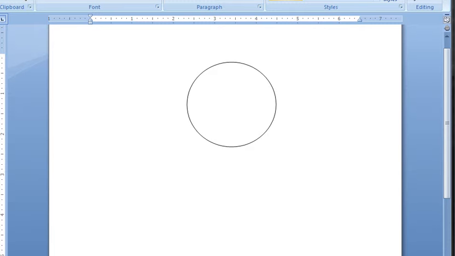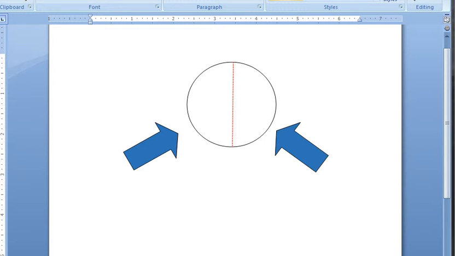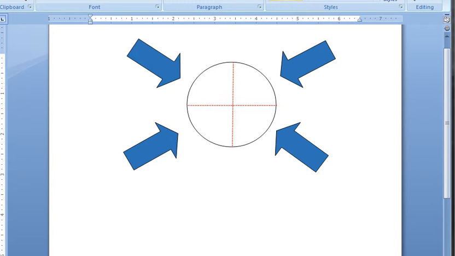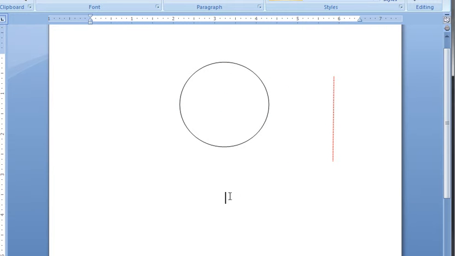A circle is a geometric shape that you've probably seen in other lessons. This circle can be used to represent one whole. We can take this whole circle and divide it into two equal parts. And if we wanted to, we could divide the circle into four equal parts. Now, the question that we want to answer is,